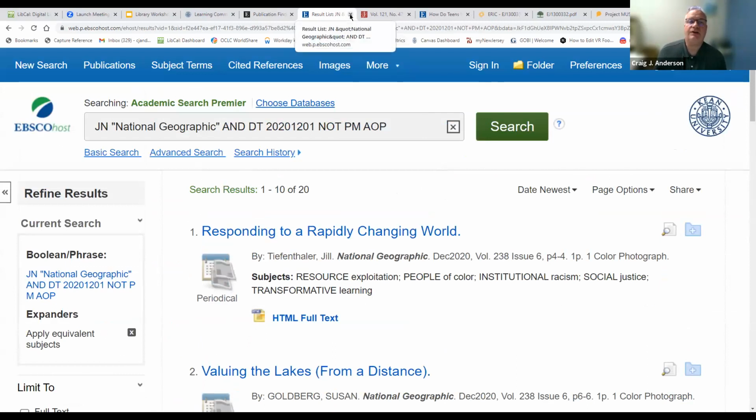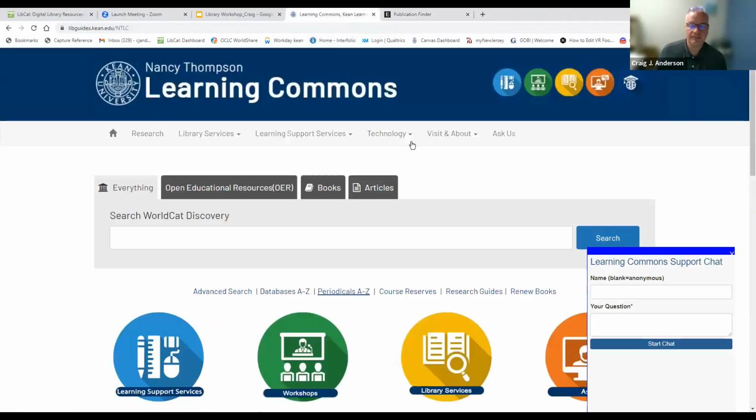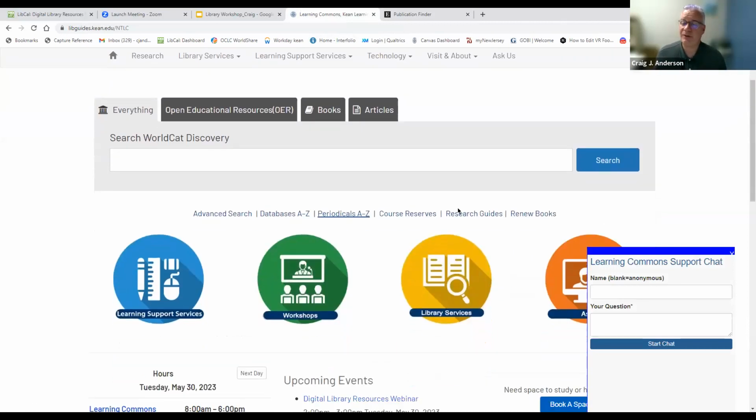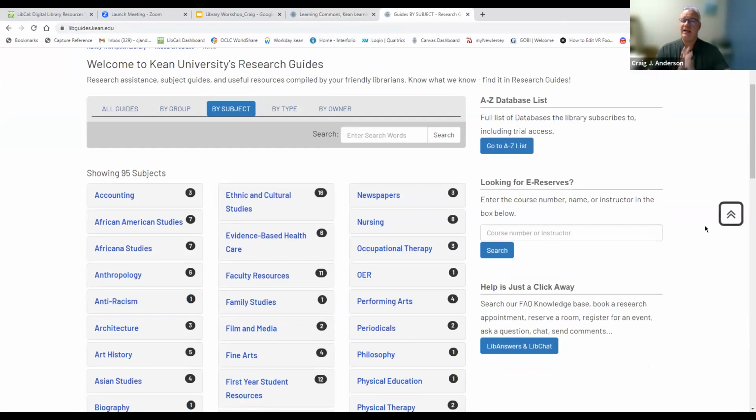There's 2 more things that I want to talk about. Let me just close some of these tabs that I have up here. I do want to let you know about the research guides a little bit first. These research guides are study guides to all of the subjects that are taught at Kean, basically. So if you haven't been listening to any of what I've just been saying here, please visit the research guides. They'll be really helpful to you.